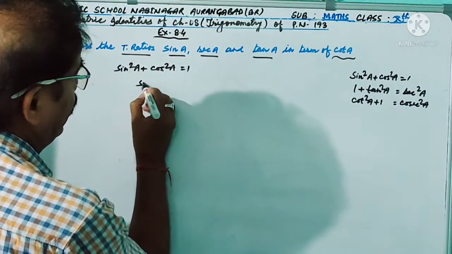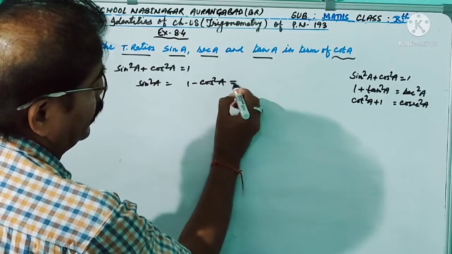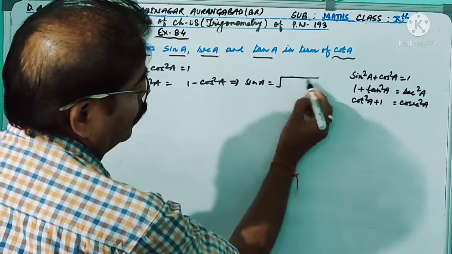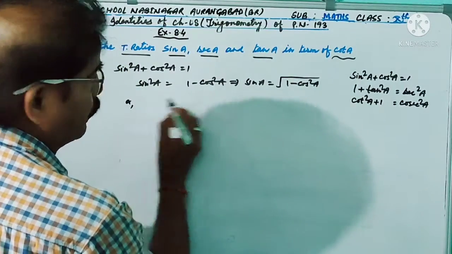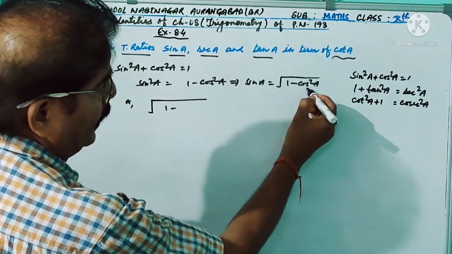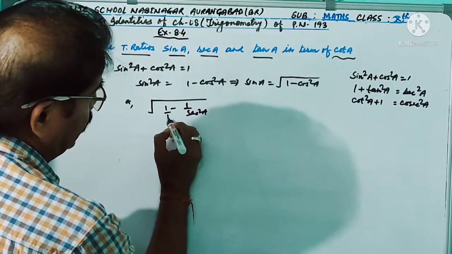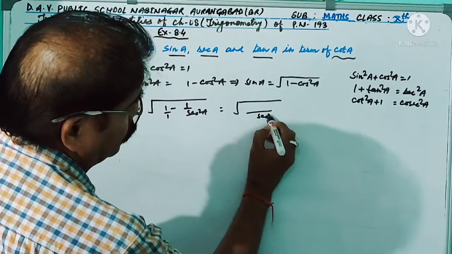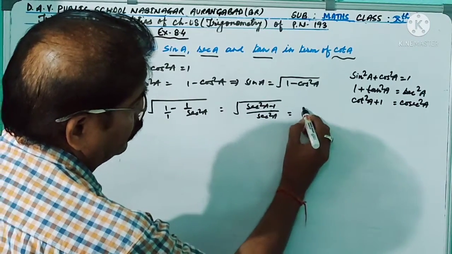So sin square A equal to 1 minus cos square A. Therefore, sin A equal to under root 1 minus cos square A. Now 1 minus cos square A, where cos square A is equal to 1 by sec square A. 1 is written as 1 by 1. So the LCM of 1 and sec square A is sec square A, and here sec square A minus 1 is equal to